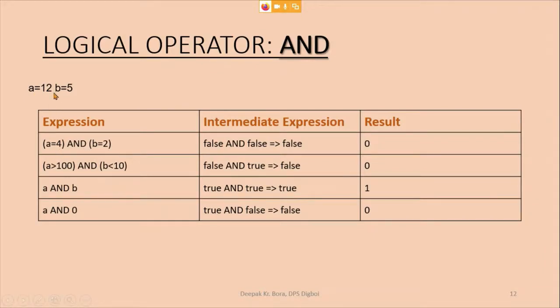Now here A is equal to 12. When I say A equal to 12, B equal to 5, I am assigning the value 12 to A and 5 to B. Now when I use an expression within the bracket, this equal to becomes the operator. It is going to give me the answer in true or false. Here it is not assigning the values. Remember this. Here it is acting as an operator. Is it clear, class?